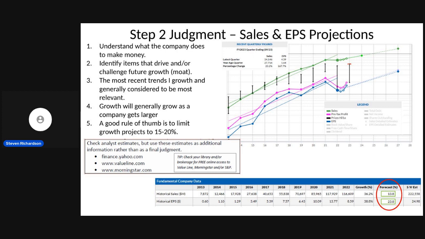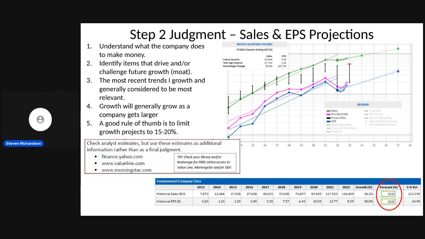Does it have new products in the pipeline? If it's a drug manufacturer, what trials do they have, and what stages of the trials they have the drugs in the pipeline? Car manufacturer, are they coming out with something new? So you want to identify that because they have something new coming out that could increase their sales and make